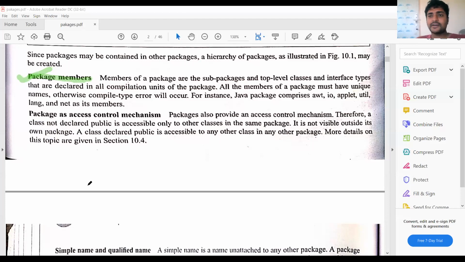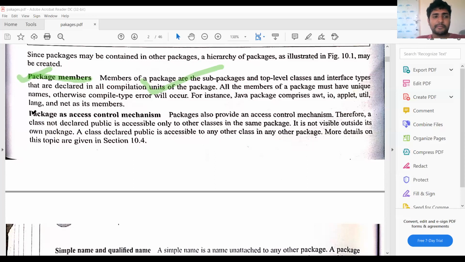The package consists of classes and methods or interfaces, anything. Simply, the package consists of classes. So those are the members of packages, and they can be named as package members. What exactly does a package consist of? The package consists of classes. The class consists of variables and methods or interfaces, anything. So those are the package members.